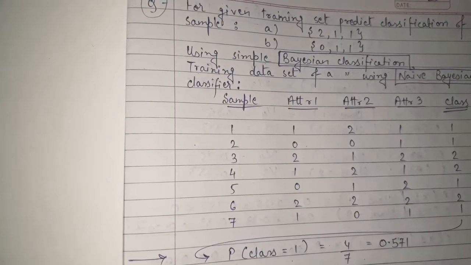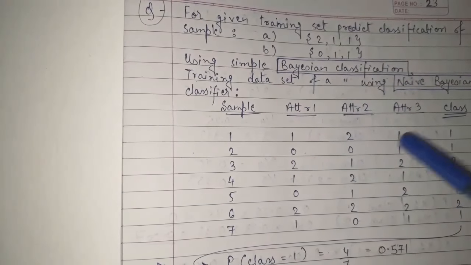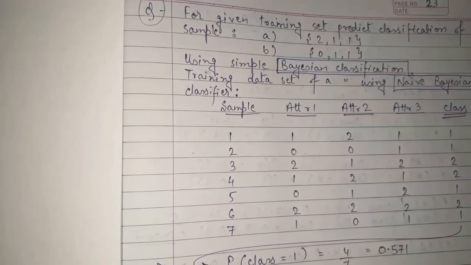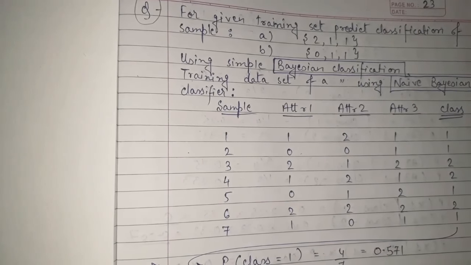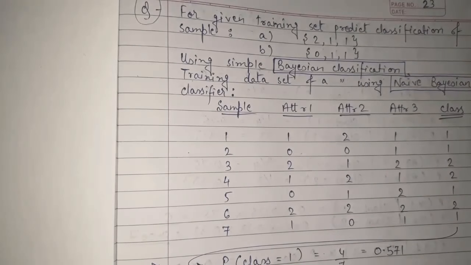Hello guys, today we are going to learn one very interesting and important technique, that is Bayesian classification, also known as Naive Bayesian classifier. It is very important because it is used in various fields like machine learning, data mining and data warehouse. In this video we are going to see what it actually is, why it is needed, and with the help of a detailed example, how to solve any question of Bayesian classification. So let's start.